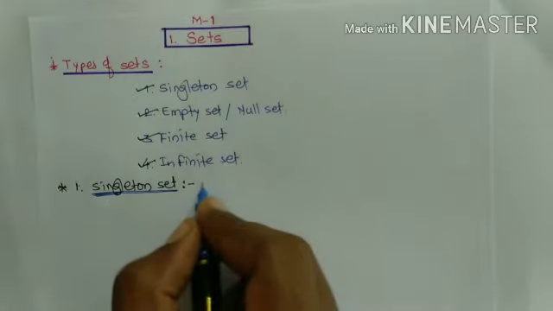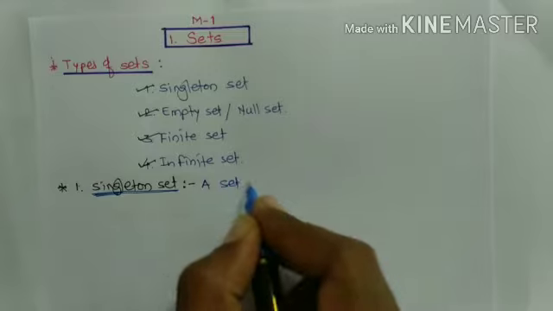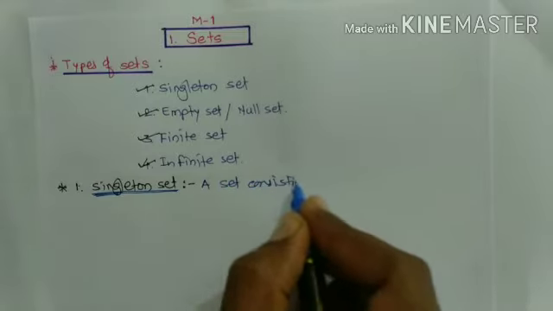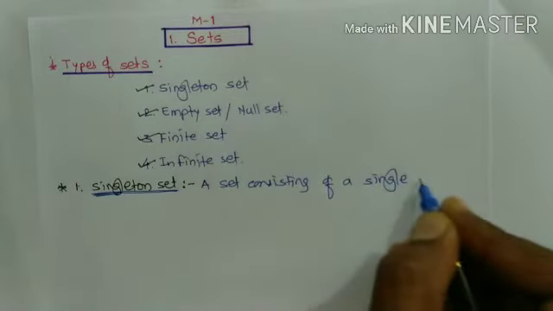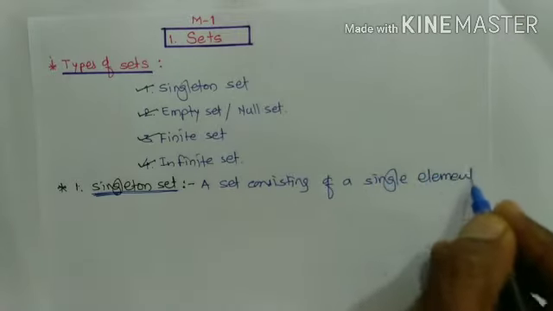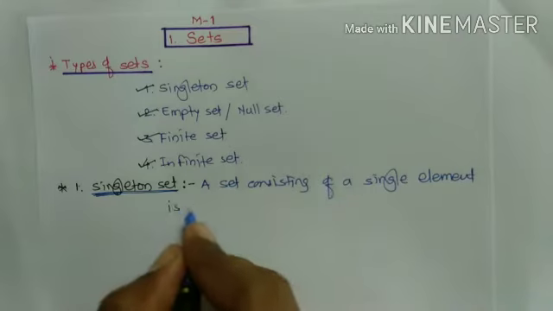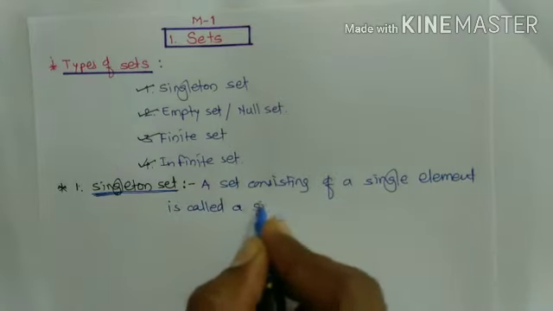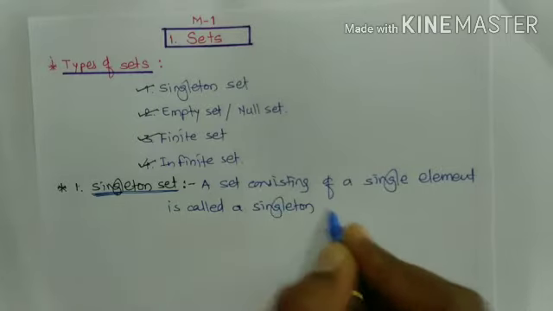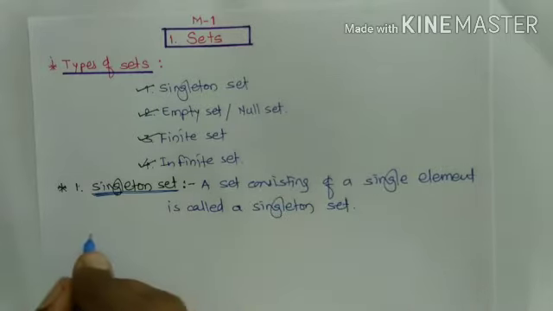Here, a set consisting of a single element is called a singleton set. For example, see,